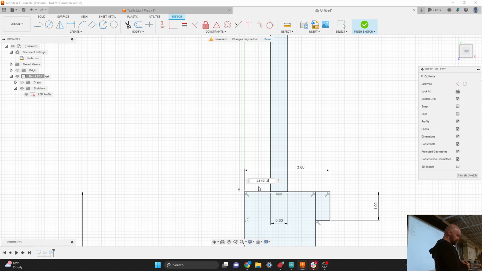So if I say it's 2.54, the distance between the middle of the anode and the middle of the cathode is 2.54 millimeters. We're going to divide that in half because we only have half of it right now. And then we're measuring to here, not to here, so that's why I'm subtracting 0.3. Should I be adding 0.3 millimeters? No, subtracting 0.3 millimeters because we're only measuring it right here. And our rectangle is 0.6 millimeters, so that's 0.3. You want to add it because